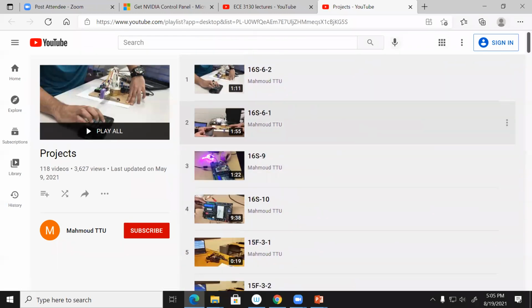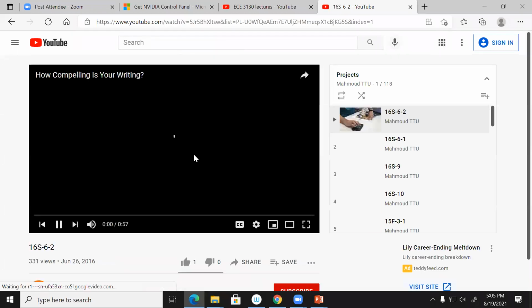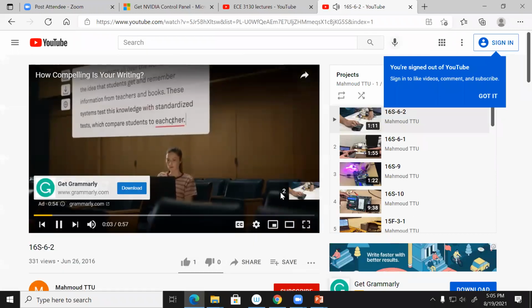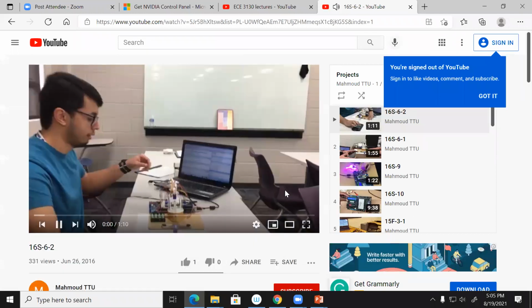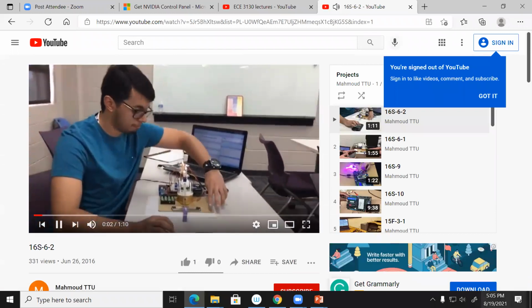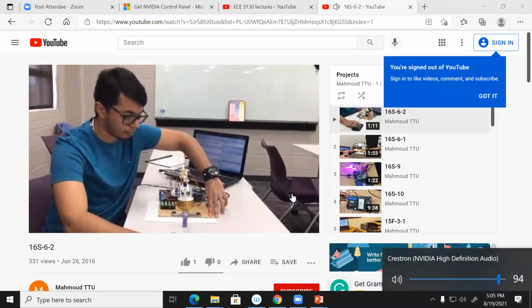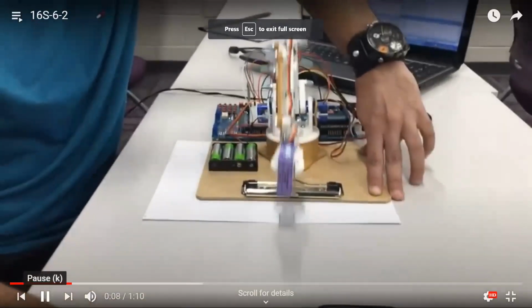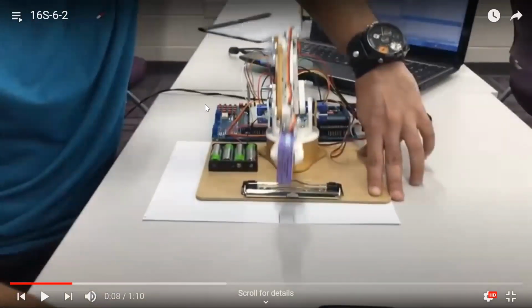So here, for example, this student is controlling the arm. Let me run it. What happens here, you can see this board. He's using the board to control this arm.